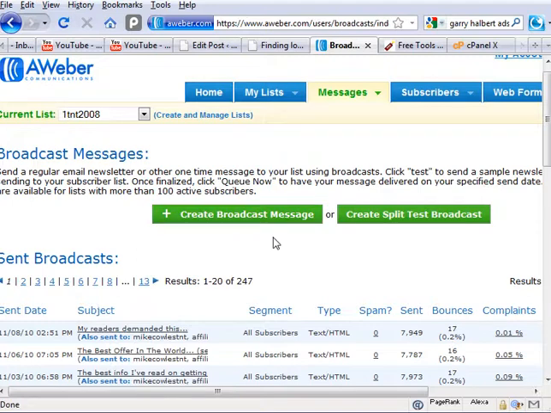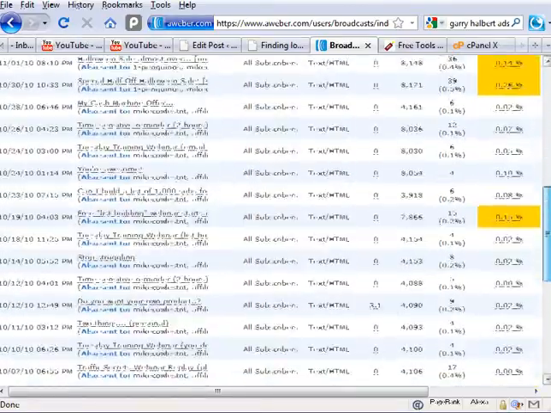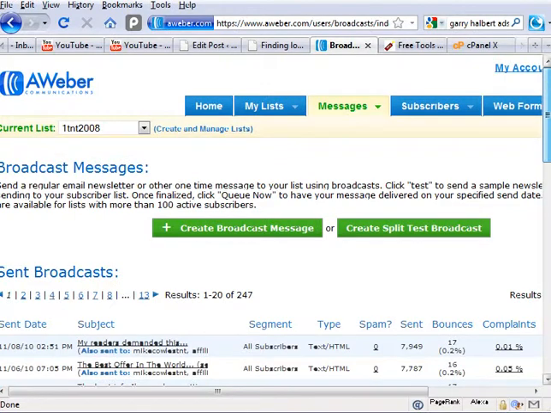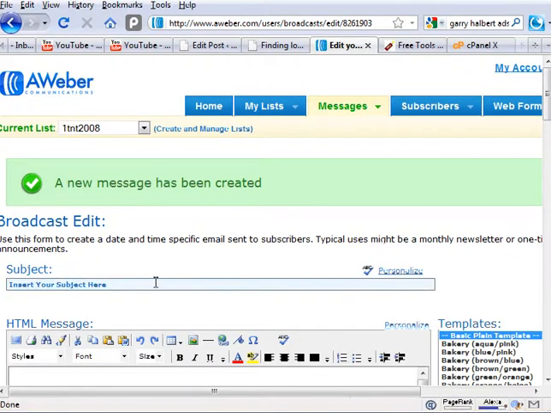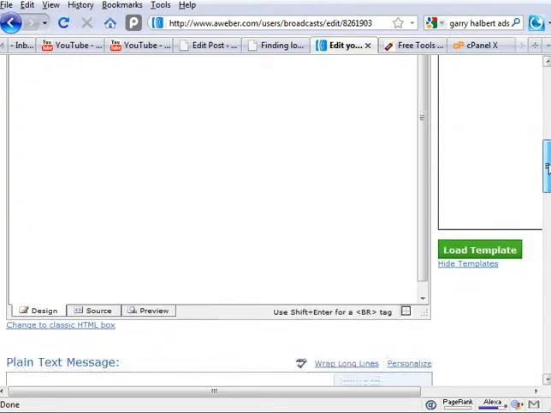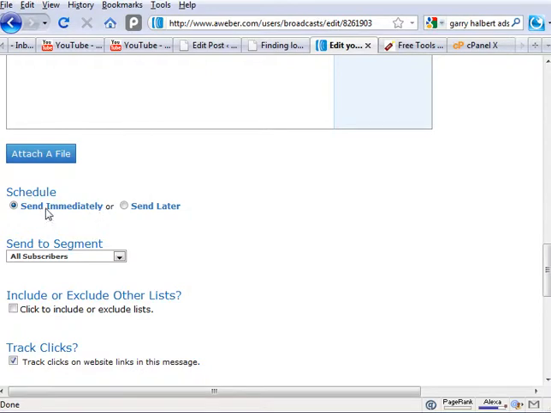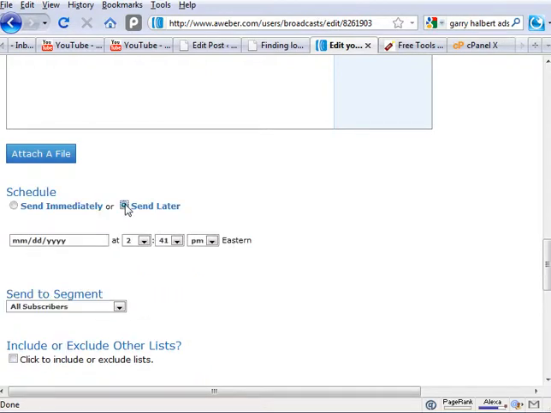Now the challenge with this is, alright, we'll just give an example here. If we start with a brand new one, we click on this, okay, we'll say new product A, okay. We come down here, we click under the HTML, here's the details with the link, whatever it is, okay. So now this isn't to show you how to do a broadcast, this is to show you how to automate it. So we're just going to go ahead and instead of saying send immediately, we're going to say send later,